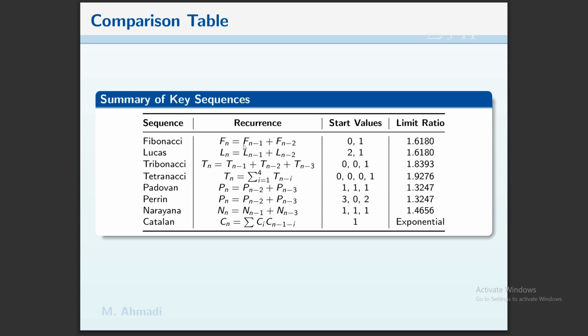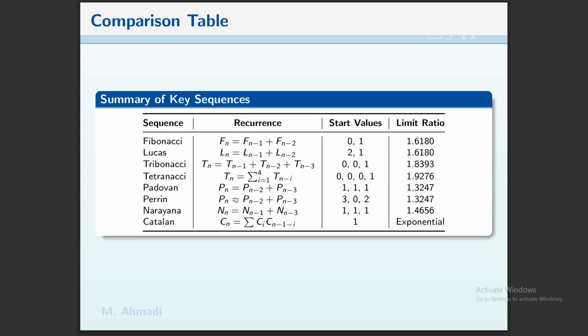For the Fibonacci, Fn equals Fn minus 1 plus Fn minus 2, the start value is 0 and 1. The limit ratio is 1.6180. The Lucas sequence is Ln equals Ln minus 1 plus Ln minus 2. The start value is 2 and 1. The Tribonacci includes 3 terms, Tn minus 1, Tn minus 2 plus Tn minus 3, and the start value is 0, 0, 1. The ratio is 1.8393. Tetranacci is the summation of 4 terms, and the initial value is 0, 0, 0, 1. The limit ratio is